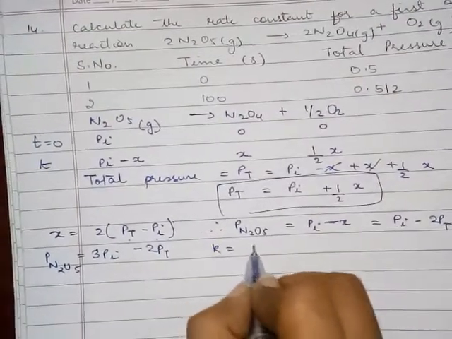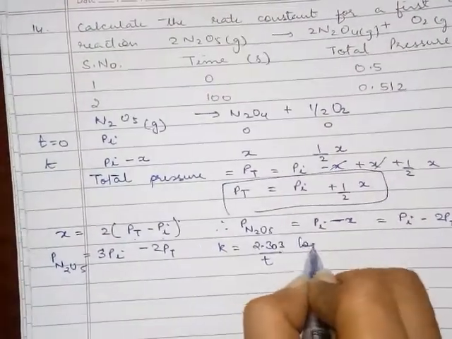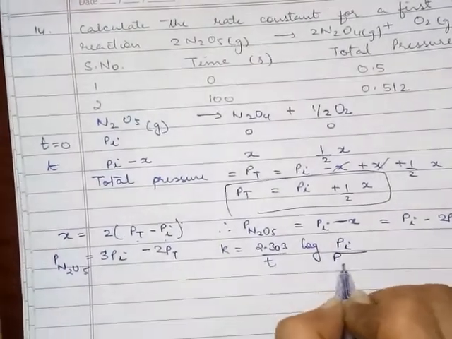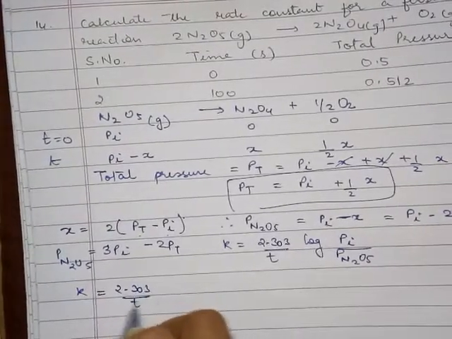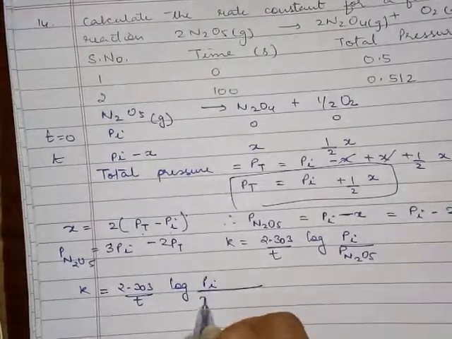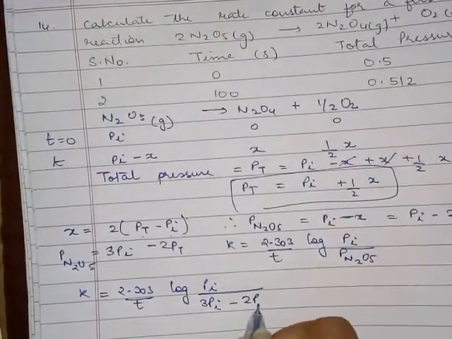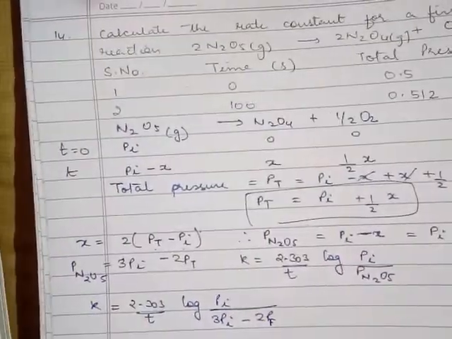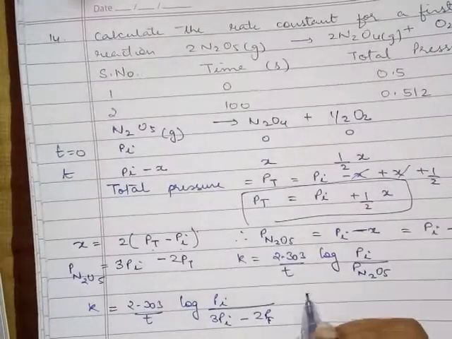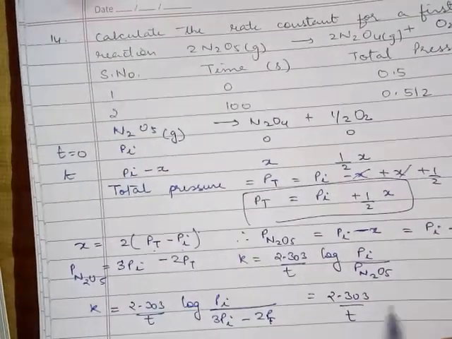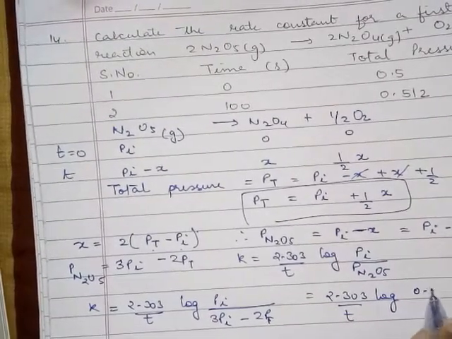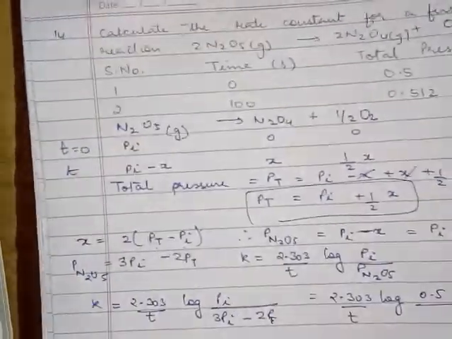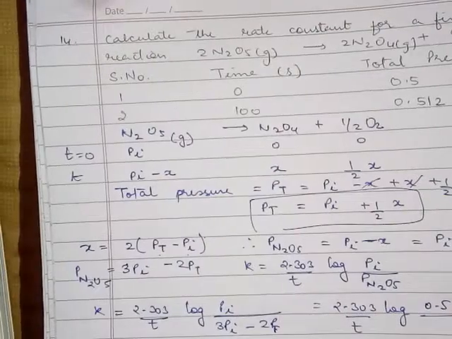So now K is equal to 2.303 by T log of Pi initial upon partial pressure of N2O5 at the time T. So K is equal to 2.303 by T log Pi upon 3Pi minus 2PT, and on substituting the values we can get this as 2.303 by T log initial, what was initial pressure? 0.5, 100 seconds पे 0.512 था,